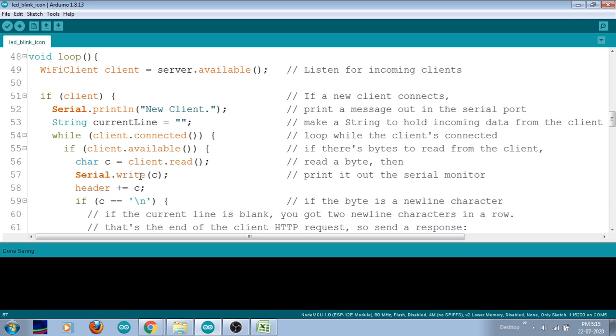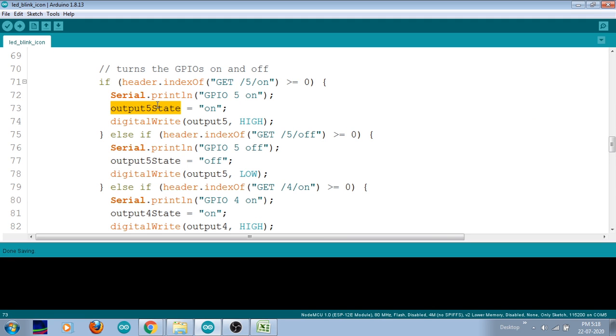This is a string variable where I am writing it as on, so that this state variable is updated with the on state now. And digitalWrite will communicate to your NodeMCU to turn on one particular home appliance. Suppose I am connecting my bulb to the LED D1 pin, then that will be set as high. It means it will be turned on.